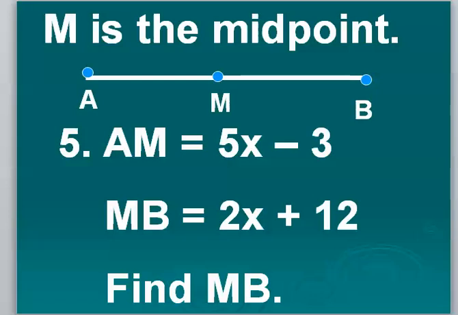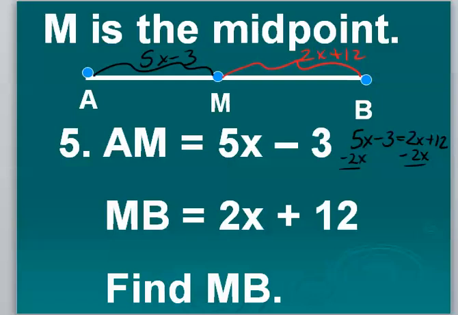Number 5 says the length of AM is 5x minus 3. The length of MB, the other half, is 2x plus 12. Again, since these are the two halves, they are equal, so we're going to set 5x minus 3 equal to 2x plus 12. When I'm moving my x's, I would like to move the smaller x value, so I always get a positive answer. I'm going to move the 2x by subtracting it, because it's positive, and we subtract on both sides. So we have 3x minus 3